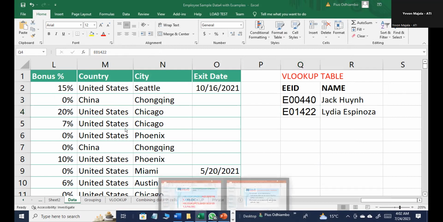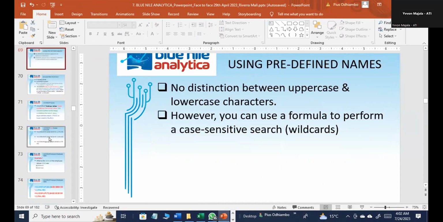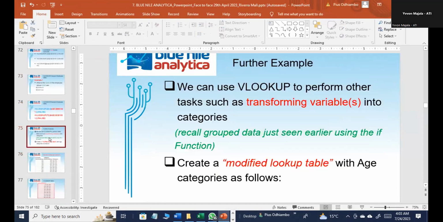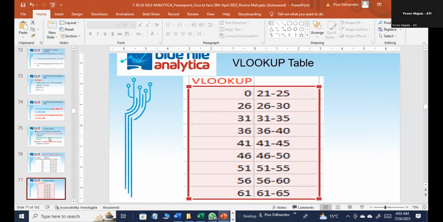Let me go back here. So I've said that you can transform data. Vlookup is normally used to transform data, and we will see how we can transform our data into